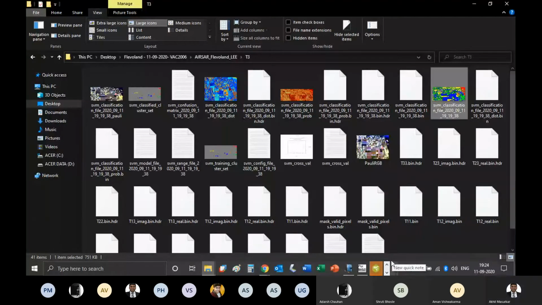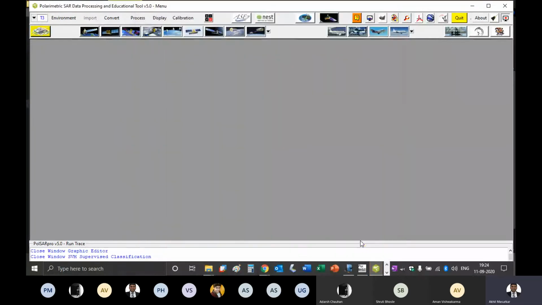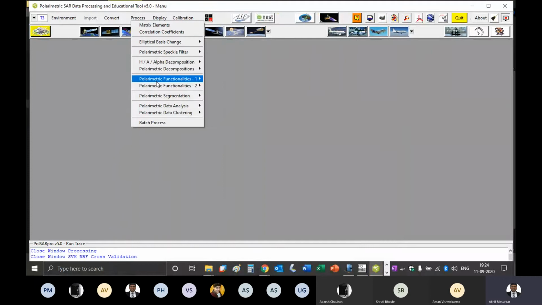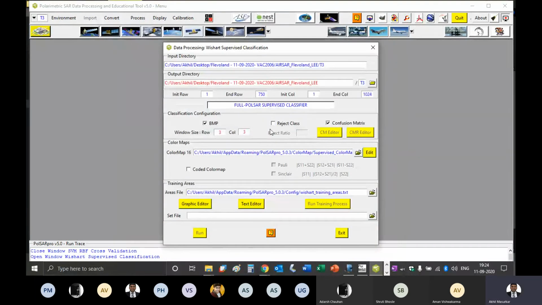Okay, now we'll again go back to PolSARpro, exit all this, again go to process, and this time we will want to apply Wishart classification, but for the same training areas. Very important. I'll select this as poly.